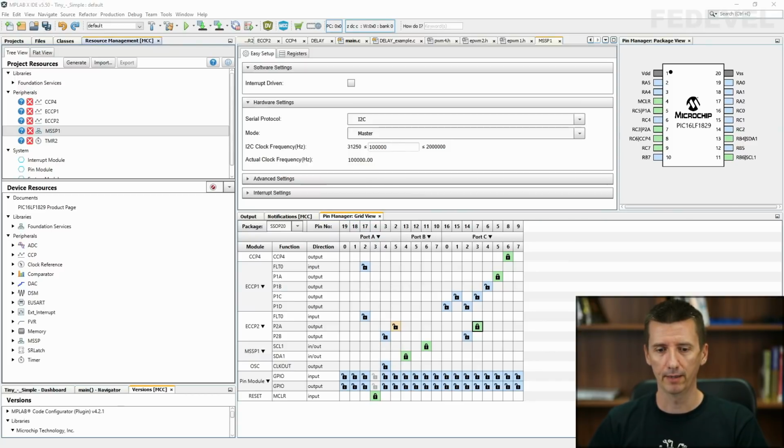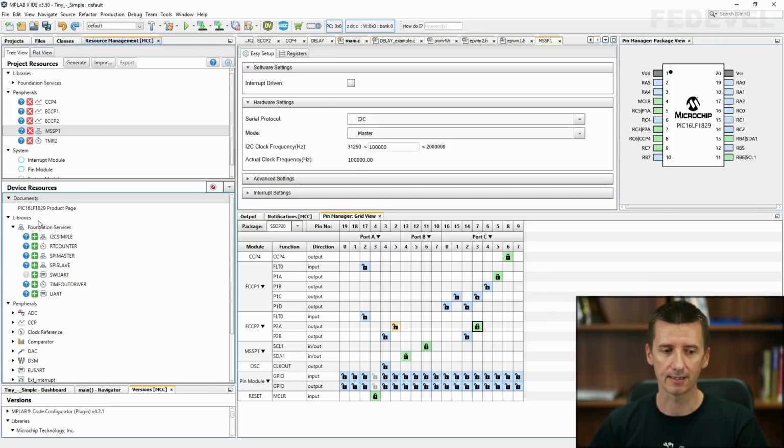Now, we have some basic support for I2C, but it still can be quite a lot of work to actually talk to our accelerometer. And to make it easier, we are going to use this foundation service, I2C Simple.